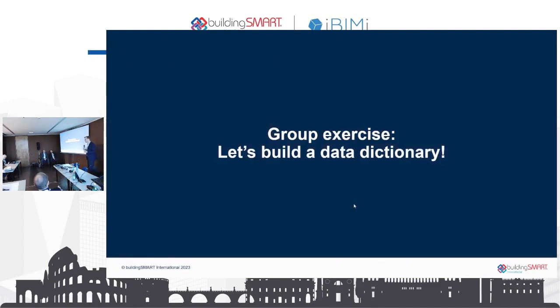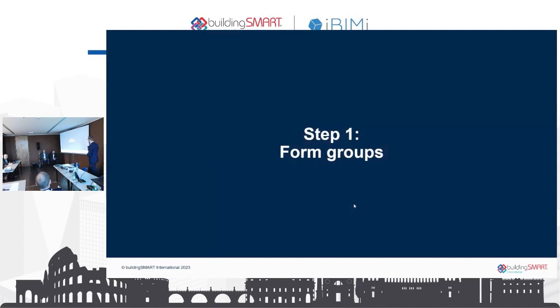So we have prepared for you today a practical exercise. As you probably have seen already, on the tables you have sheets of paper, and you also have a note saying the use case of your group. So today you have to step into the shoes of this expert. For example, I have here a lamp retailer. Somewhere there is a sustainability consultant. We have a door and window manufacturer. And I will ask you today to prepare a very small sample of the data that you think is useful for this use case. And we'll see what's possible to put into the data dictionary and what we can later use it for. So you already did the first step, so you formed groups.